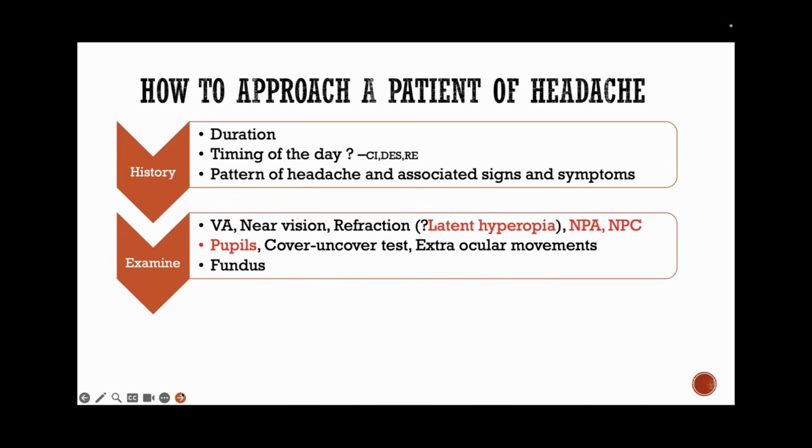After going through the history, when you start examining, first, obviously, you go for the visual acuity and the near vision, but when you do refraction on a patient with headache, even if they are like 22, 23, there can be a chance that they have an underlying hidden refractive error. There have been times when a patient has walked into my OPD with 6/6 vision, but when I've dilated them, they came with +3, 3.5 kind of latent hyperopia. Now, these patients will need glasses.